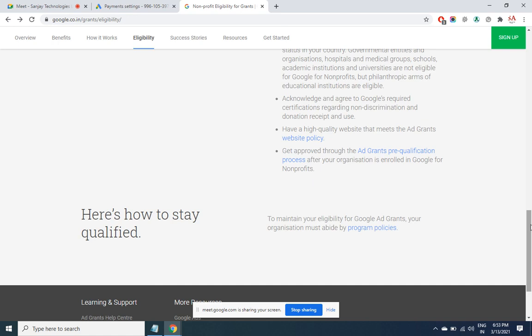But whatever Google is granting can be utilized only for creating ads. Only for ads, and for any type of network, whether it is mobile, app, or YouTube. Only selected keywords are allowed. You can't put SEO training or SEM training and all that unless it is free. And while you sign up, it will ask you to upload all the documents which say that you are an NGO or running an NPO in your country.